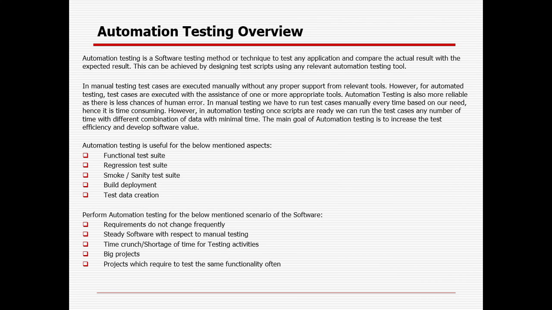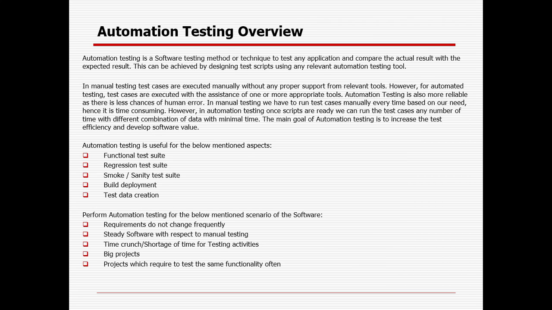Here some questions will come. Whether I need to execute these 100 test cases multiple times, with a multiple variety of data, or not. In case it is 2 or 3 times, it might not be good to go for automation.